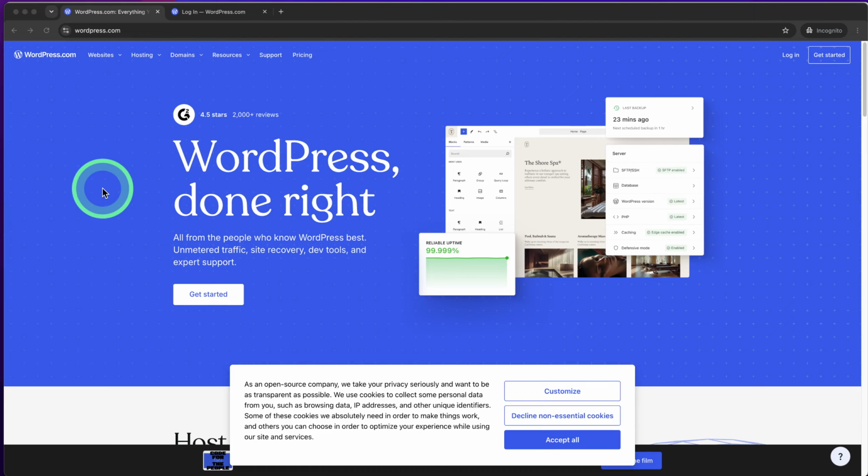By the end of this tutorial, you'll know exactly how to log into your WordPress account, access the dashboard, integrate a Mailchimp Signup form, and customize it to match your website's branding. Let's get started. First things first, open your favorite web browser and go to